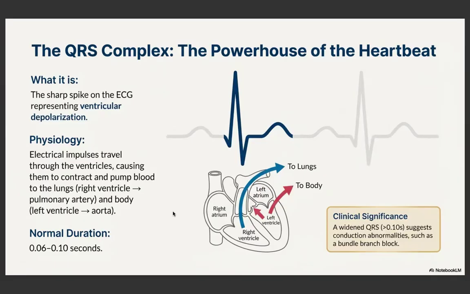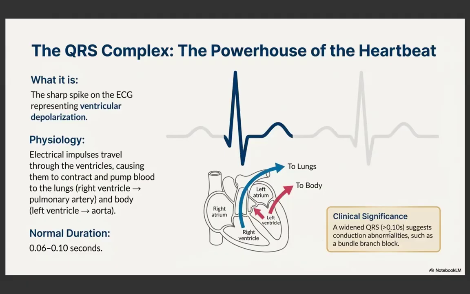So when we're talking about our pacemaker, hopefully this is starting to click a little bit more. Its normal duration, when we're measuring it with the calipers, is 0.06 to 0.01 seconds. Also, make sure you know that a widened QRS complex, something greater than 10 seconds, is going to show a conduction abnormality, like a pacemaker issue,